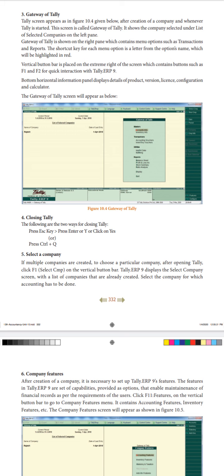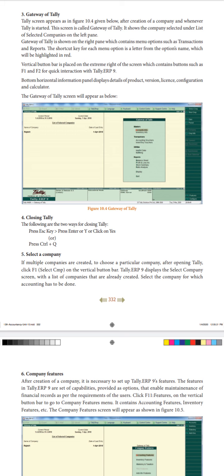Once you open it, you will see on your left side the list of companies which we have created. If you have created multiple companies, all the names of the companies will appear there. Whichever company we are going to key in the accounting information for, we can select only that particular company.